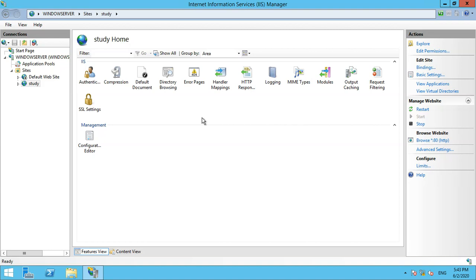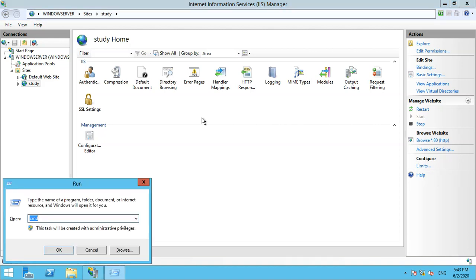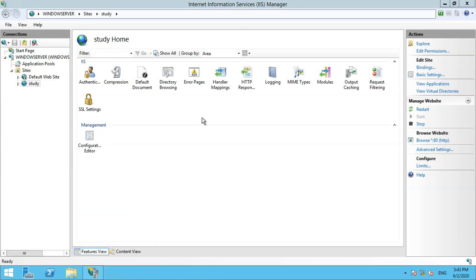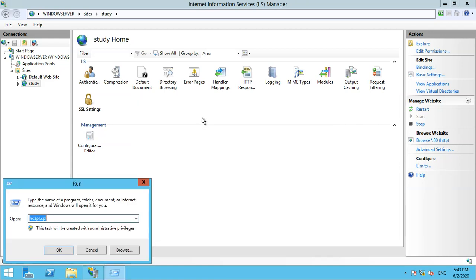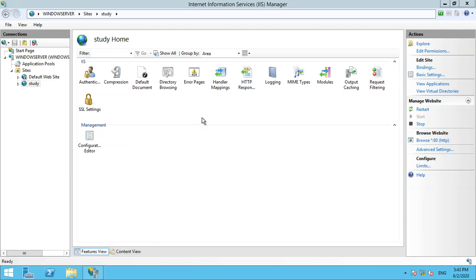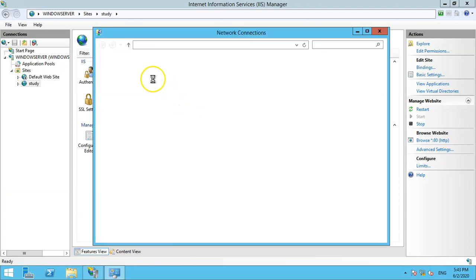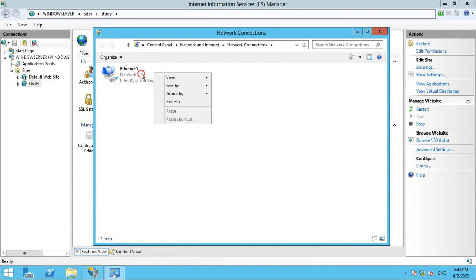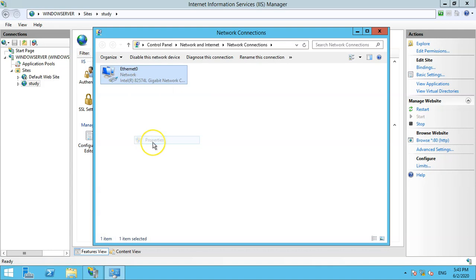First of all we need to check the IP address and the DNS address of the LAN card. So I'm opening the DNS entries from the network card. Right click, I'll go to properties.